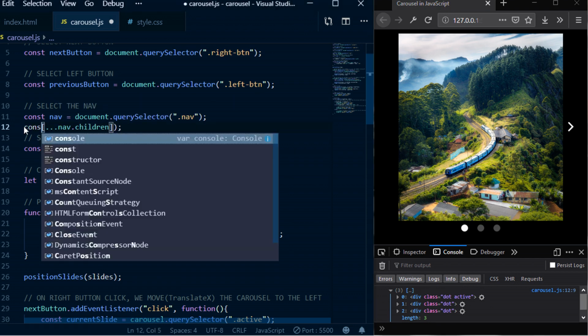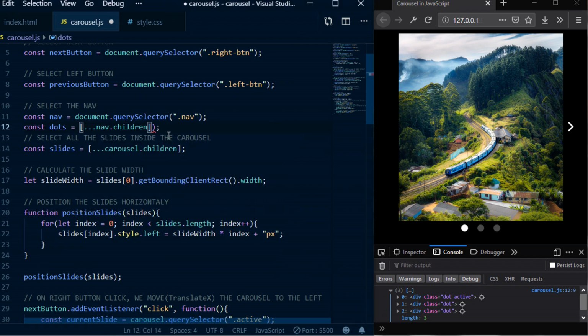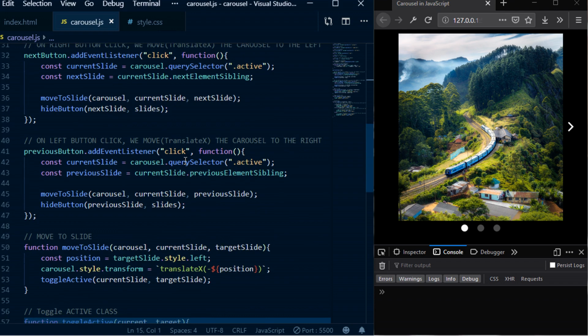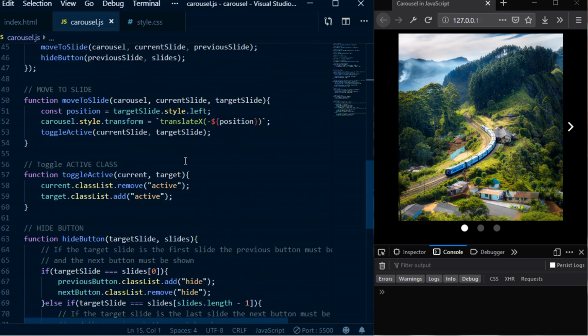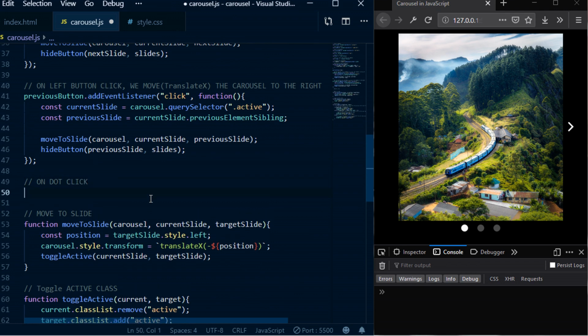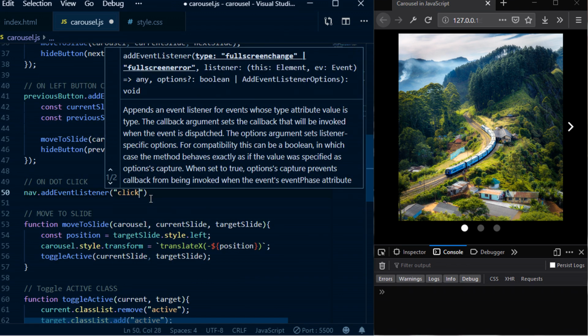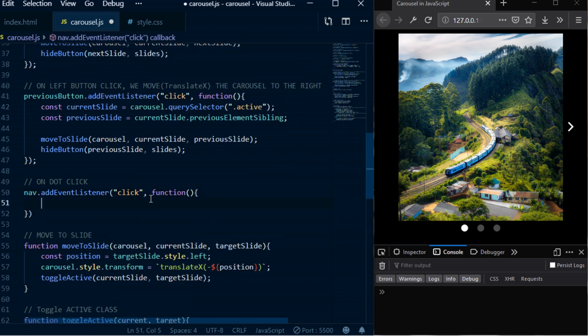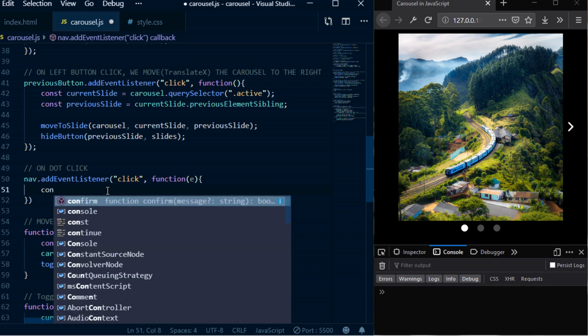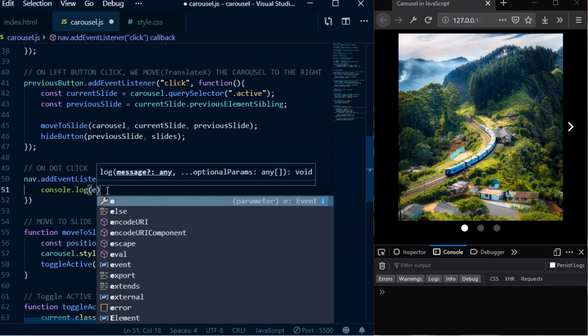So I'm going to use the spread syntax and assign this to a constant called dots. That way I'm selecting all the dots. Now just at the bottom here I will add an event listener to my navigation, which is the click event, and this will fire up a function that will take in an event, the click event. So if I console log the event here,